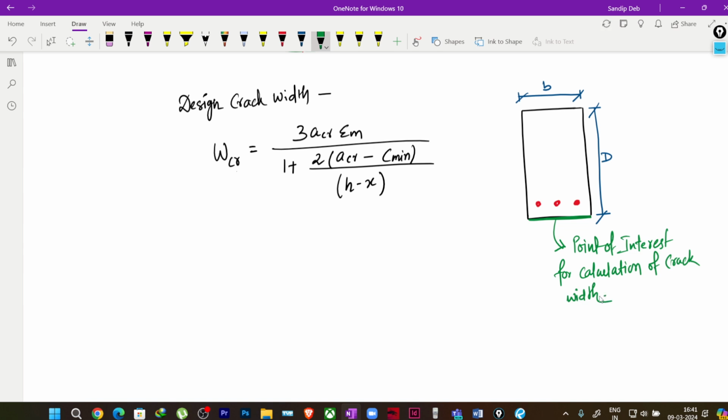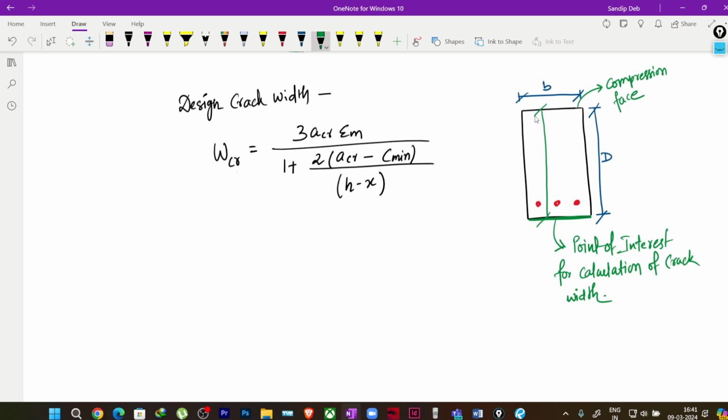Correct. So at this particular surface we are going to calculate the crack width. Okay, so if we just denote the distance from the top compression face, this is my compression face, right? The distance, why I'm writing this you will understand in a while. So the distance from the top compression fiber or top compression face of the face where we are going to calculate the crack width is, suppose